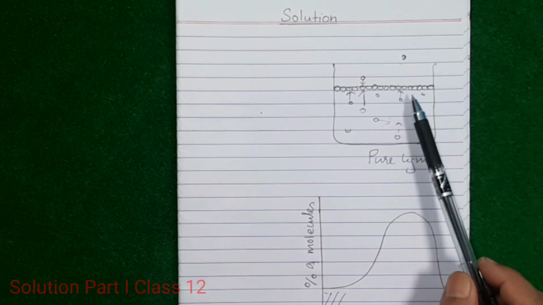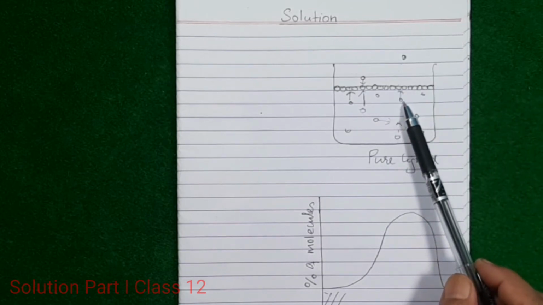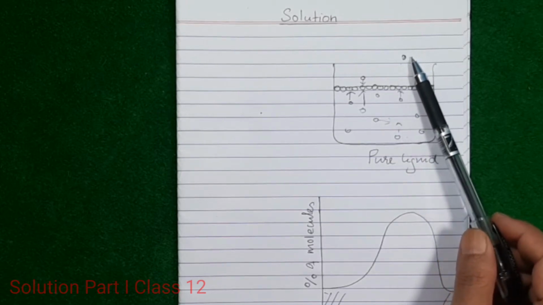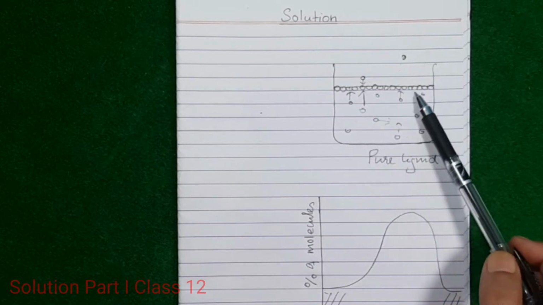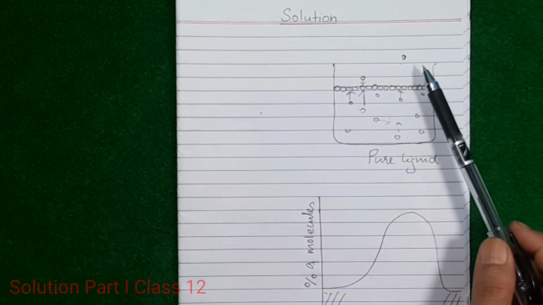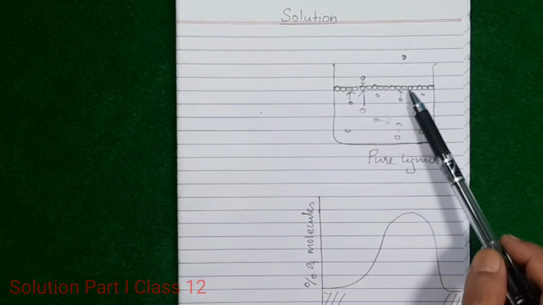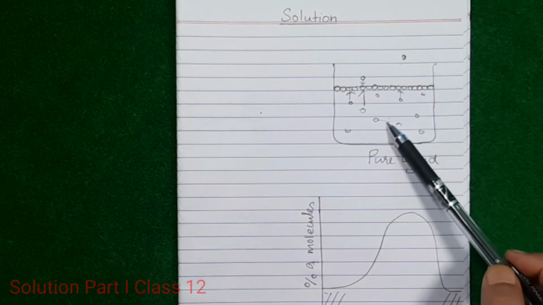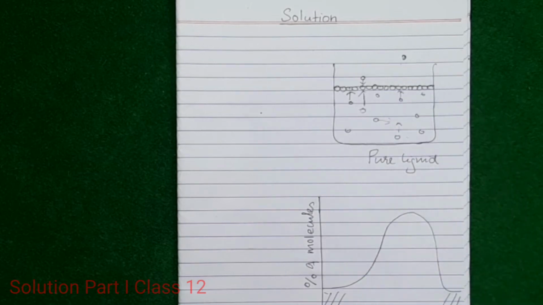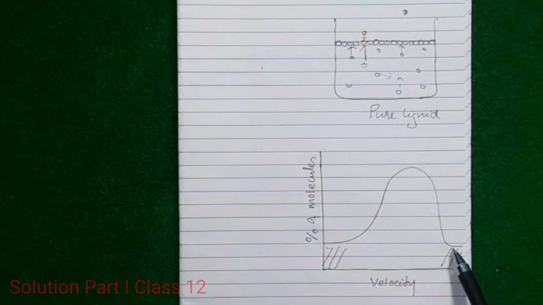Whereas if a surface molecule is hit by a fast-moving molecule, then the impact will be so huge that it will be taken completely away from the intermolecular force of attraction, separated from the rest of the liquid molecules, and this is how it forms gas or vapor. This is the mechanism of vaporization. In order to vaporize, these surface molecules must be hit hard by molecules moving in the bulk. So at low temperature, very few molecules can cause vaporization, because very few molecules move with high velocity and can knock off a surface molecule.